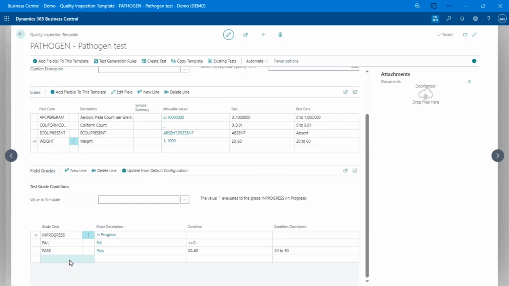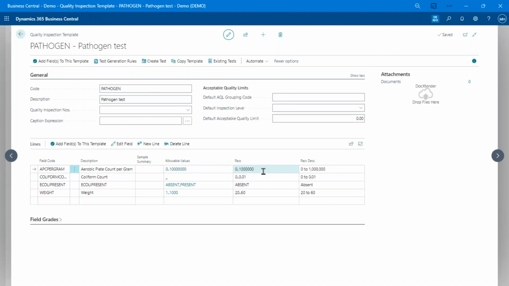But you could have here again where I say grade A is going to be, well, let's go back up to this. Maybe a grade A is anything under 10, and a grade B is anything between 10 and 900,000, and a grade C is everything over 900,000. So you can set up those limits here, and it'll automatically grade the product, grade that lot number that you're using based on the results of the test. Okay. So at any rate, this is how we set up the entry form.